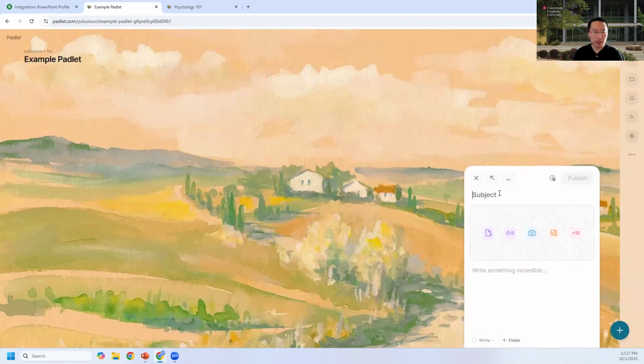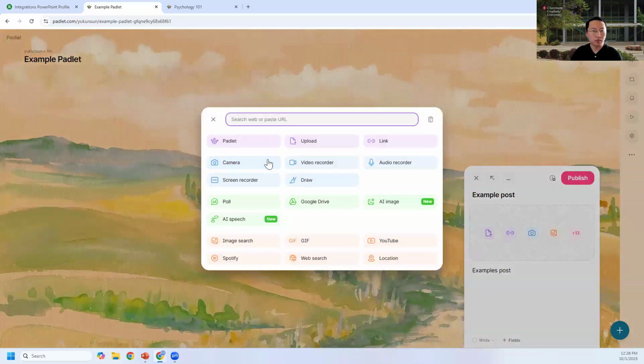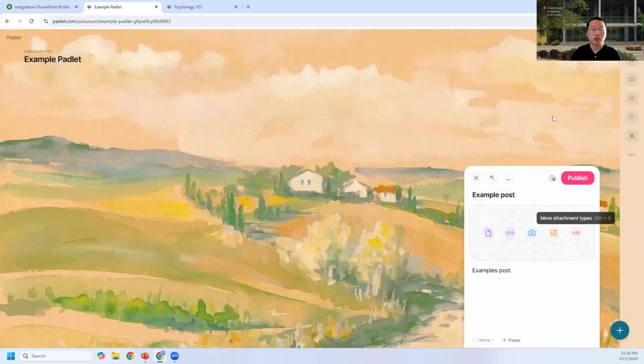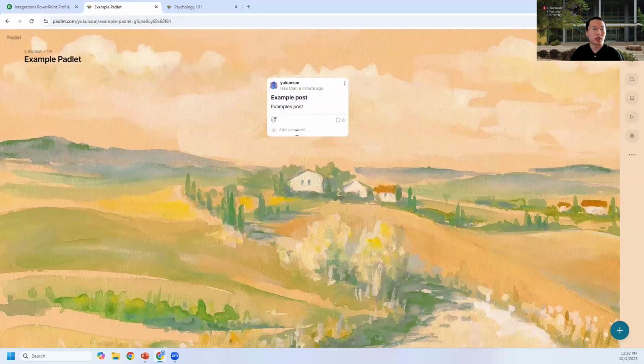And you'll be able to enter your post, your title, and description. And also you can choose to upload different things, either a file, a link, a photo, even a YouTube video, a Spotify music, anything you want. Right. So once you're done uploading, you can hit publish, and it will just be added to